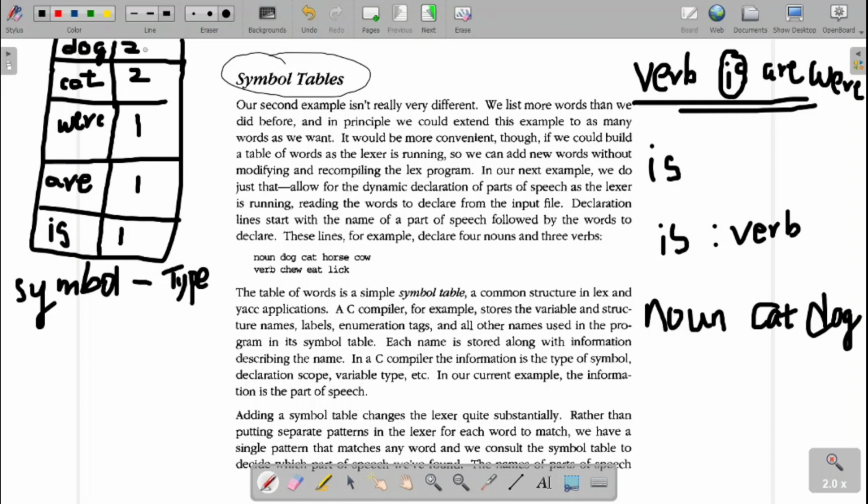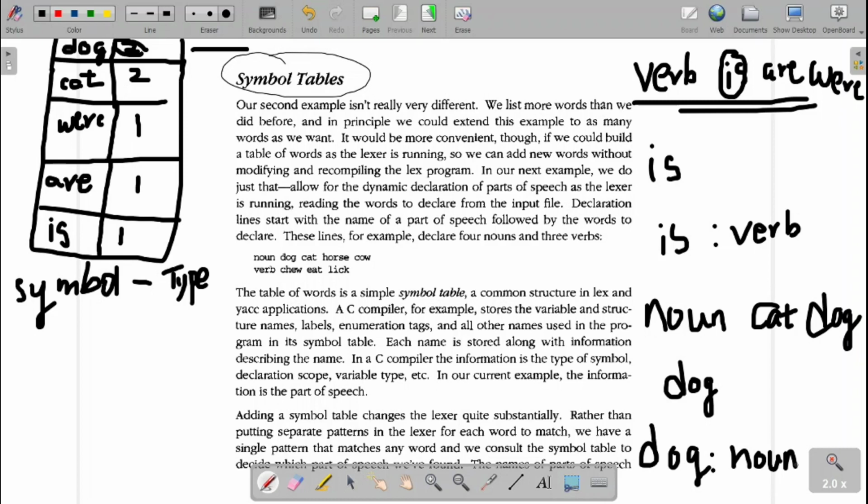Fine. Next time when I give the input as dog, it should search this symbol in the symbol table. Dog is present over here, and it should give its type. What is the type of the dog? It is 2. 2 is nothing but a noun. It should print: dog is a noun. This is what my requirement is. That is, I need to define the symbols, and I will store the symbols into the symbol table. And the next time when I give those symbols directly, I should be able to identify what that symbol is.